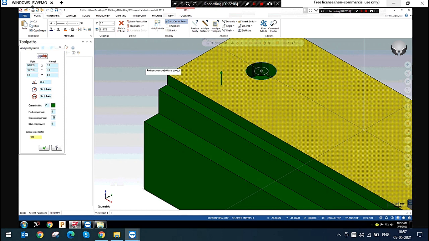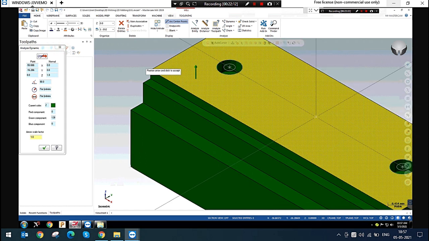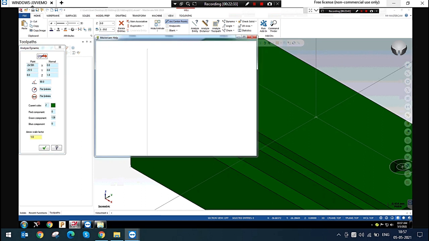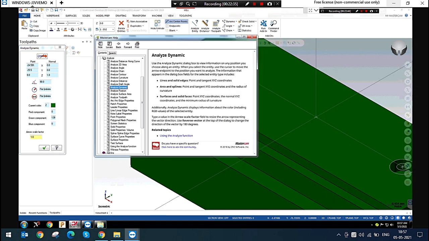So now I am checking the other step. What is the depth? Z1 mm is normal. Normal means the surface normal, brother. It is showing any error or not. Please wait, please wait. I will help you.